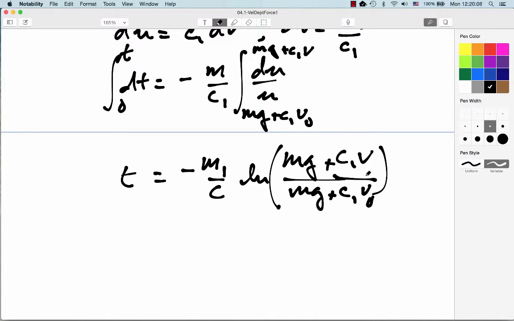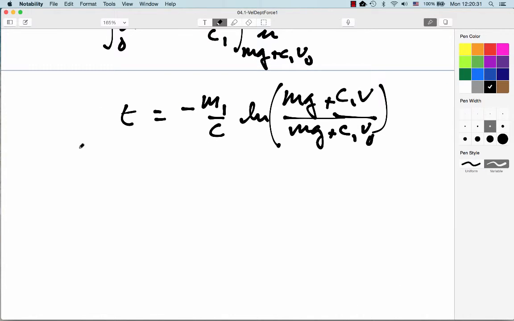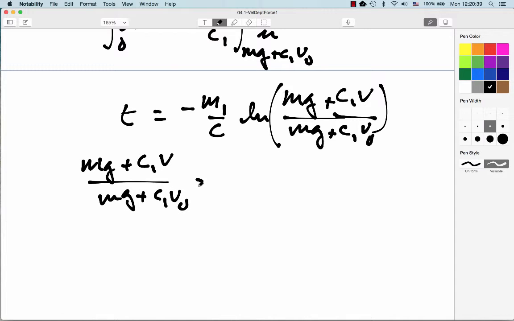And again, I think we would certainly like to see this where the v is a function of time, and unfortunately there's no polite way about it. You just got to rearrange. So we can multiply by minus c over m1, and then we can take the antilog of both sides, and so that will give me (mg plus c1v) over (mg plus c1v naught) equals e to the minus